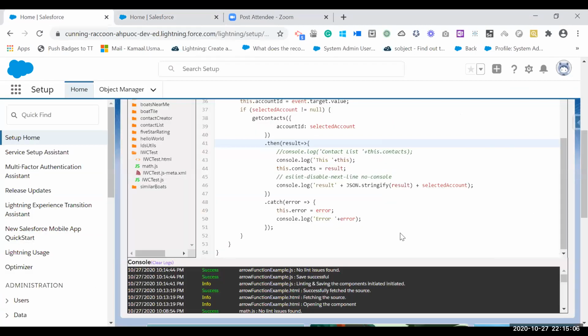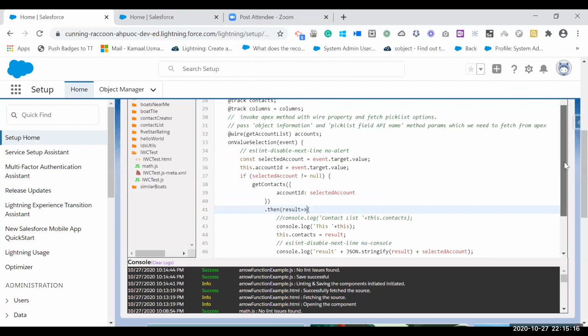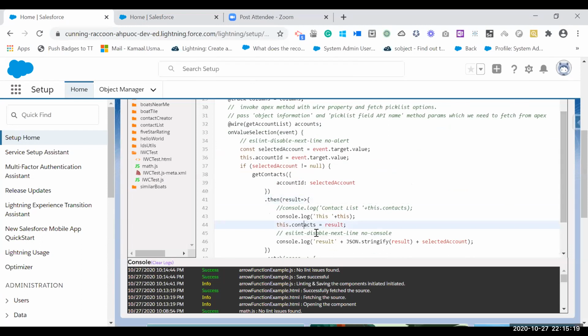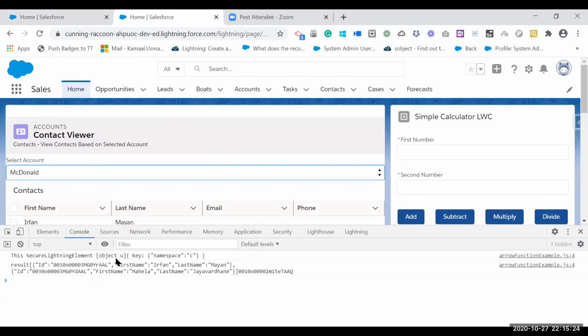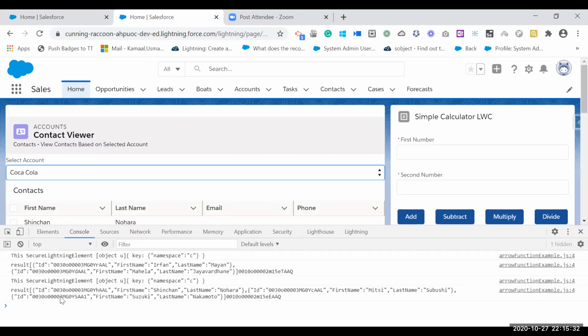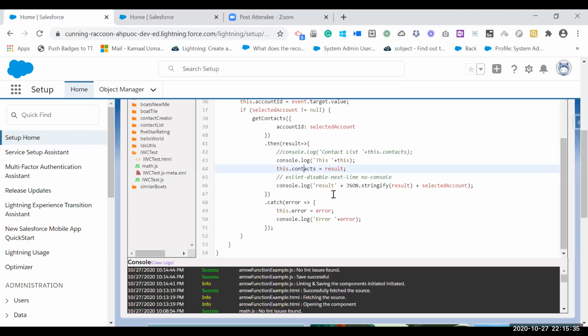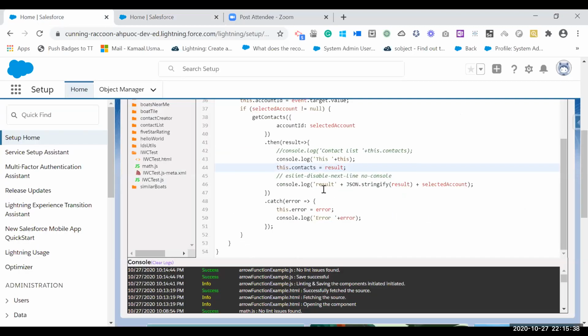What the arrow function is doing is setting the parent of this variable. The parent of this variable is the class, and the class's parent object is the secure lightning element. So it is returning the object, taking the reference and showing the results. Whenever I select any contact, it will show the results. But if I replace it with the function, it will not, because it doesn't have any scope for this variable. So this is how we can use arrow functions inside LWC.